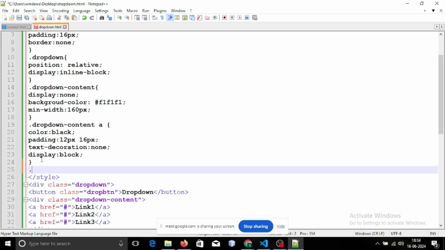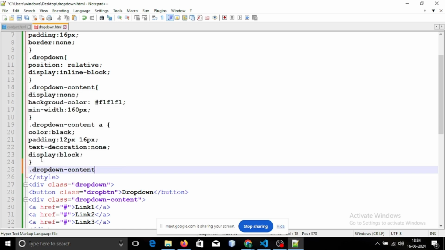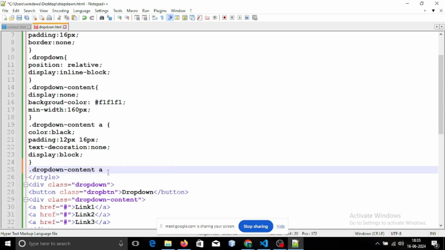Dot dropdown-content, and after that we'll be writing a, and after that when we hover, colon hover, when we hover we should get